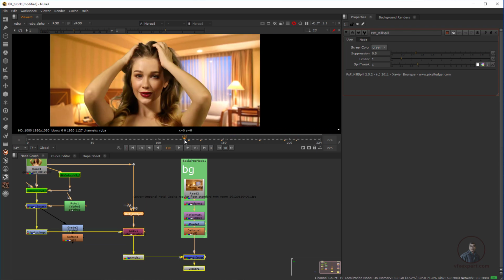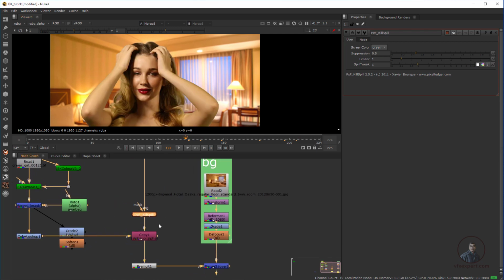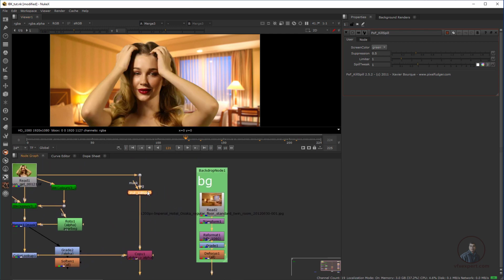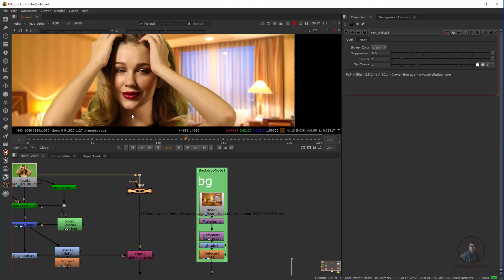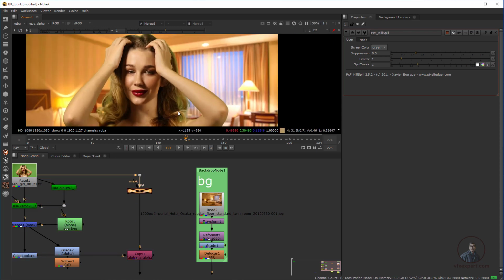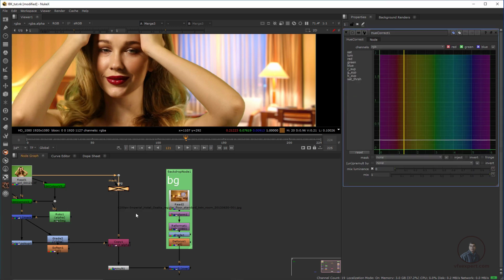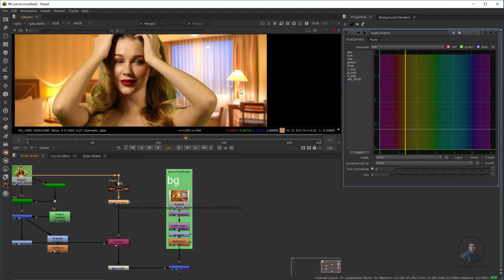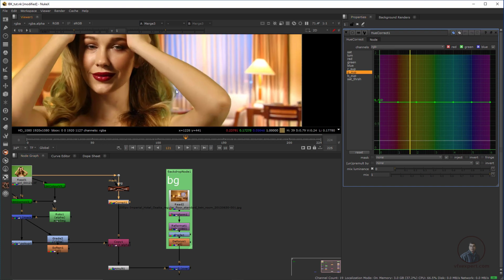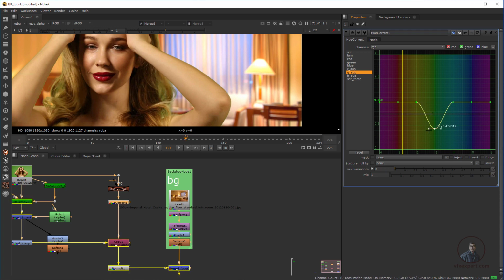But if you want to remove it manually, then you can also do that. Take this one, adjust it here, select this one and press D to disable it. I am going to manually remove these green pixels here. We have to take a HueCorrect node, so press Tab and type HueCorrect. Now come here in our green suppressor and adjust.